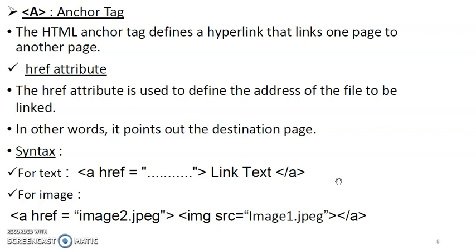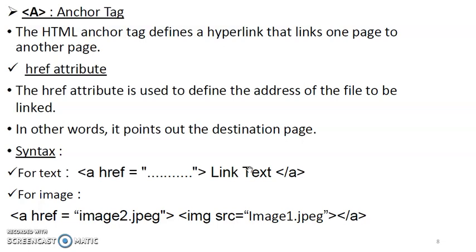So see, whenever I run this program, what is the output I will show? Your link text is what? Your web page link, that is your hyperlink. Okay, so whenever I click on that text, that is whenever I click on the link text, then it will jump to the destination. Which destination? The destination which is mentioned in the a href tag. Okay, this is the simple meaning of anchor tag.